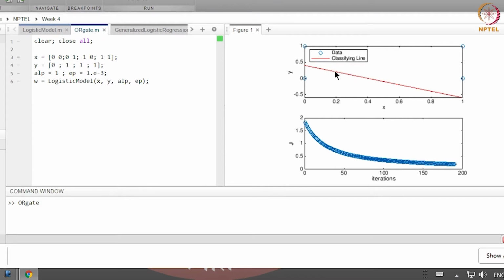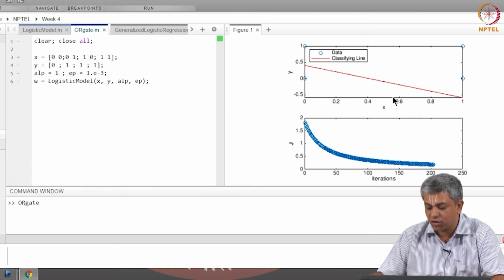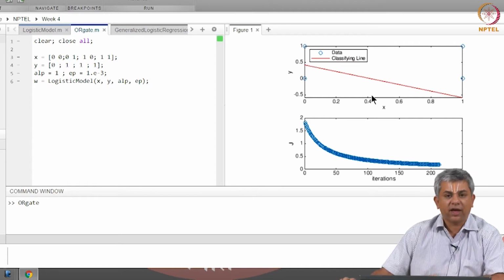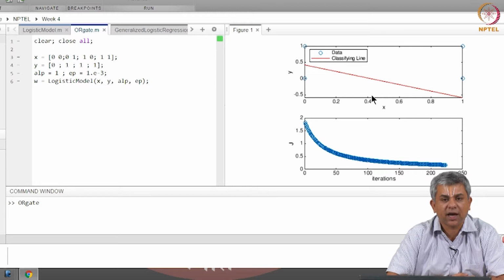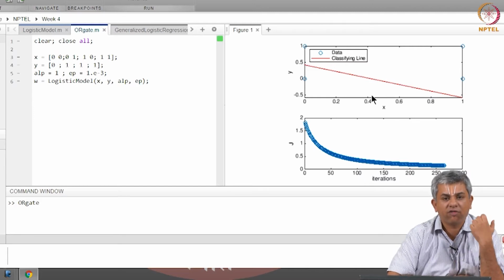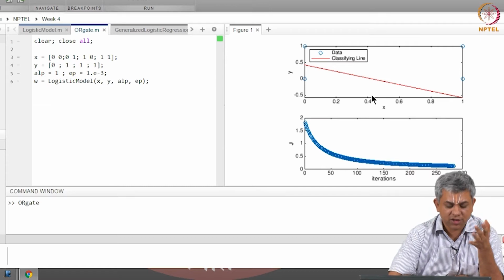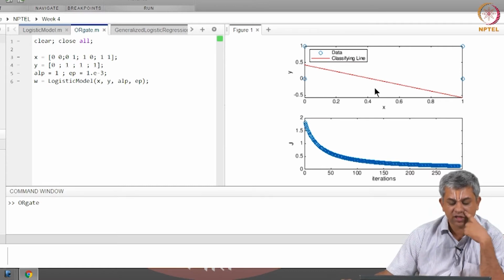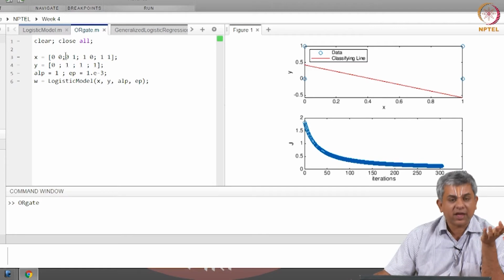You will also see that the classifying line is not quite the one that we had given theoretically, which had gone through 0.5. As I mentioned in the previous video, this actually depends on what your initial conditions are. If your initial conditions are different, you might get a slightly different final classifying line. The whole point of this exercise, which is obviously a very simple exercise with the OR gate, is that you can try it with an AND gate if you wish, and you will get a slightly different classifying line.